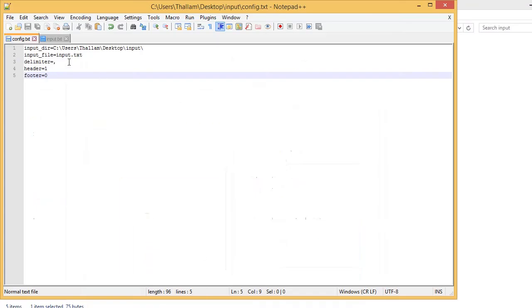This is the file I created for configuration. So here we have input directory, input file, delimiter, header and footer. So we are defining these values outside of the job. So we have to read this file first to get all the values. Then the job will assign these values wherever they are. Then it runs the job.